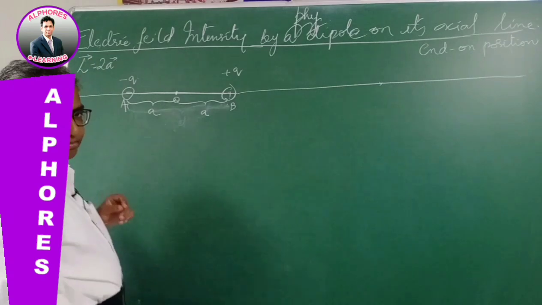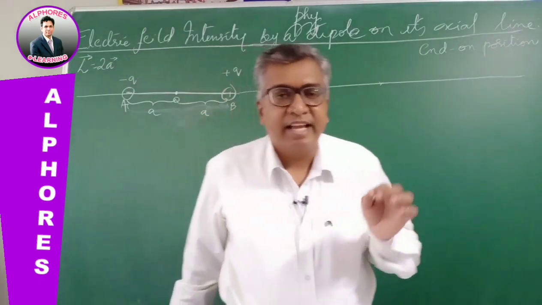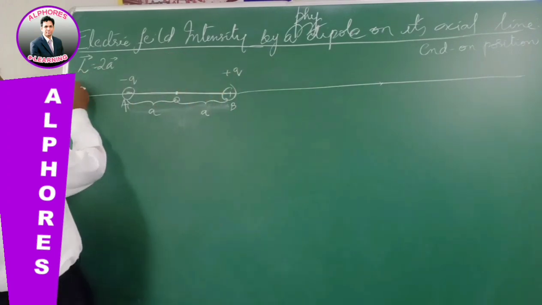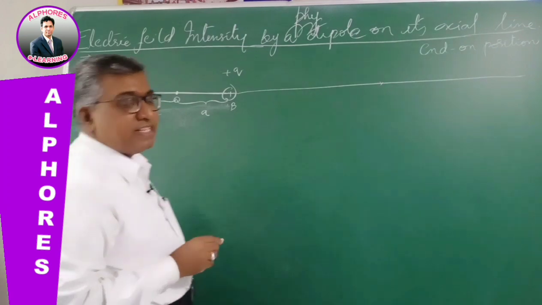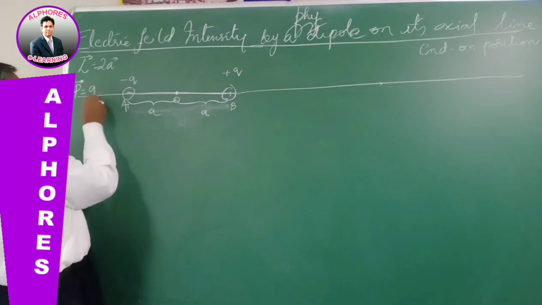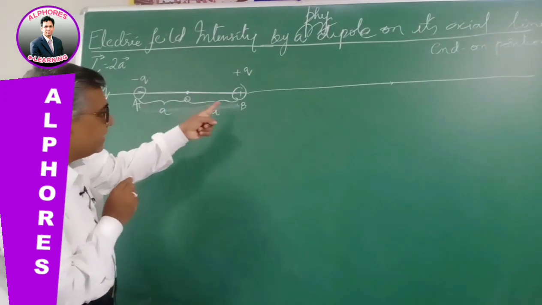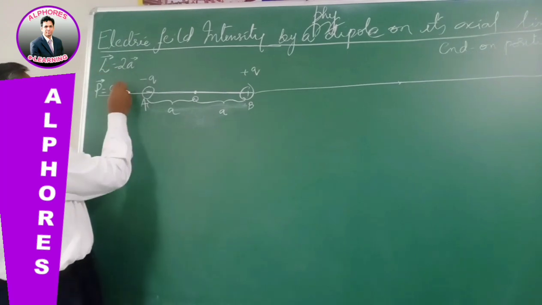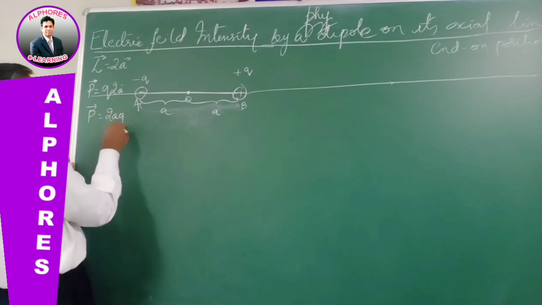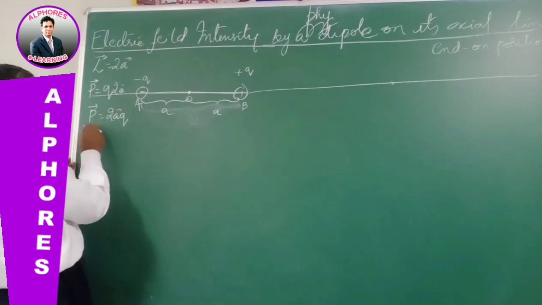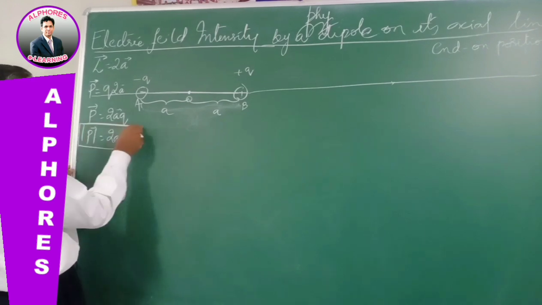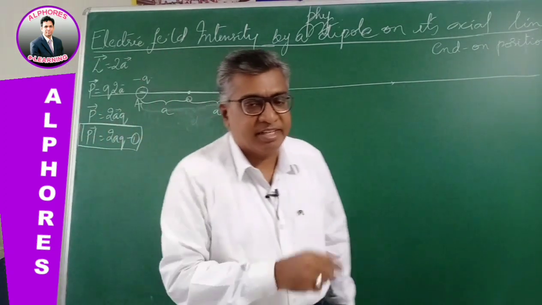This is a vector. And we have even defined the electric dipole moment, P bar, in the previous video. It is the product of either of the charges, any one of the charges q, and the length of the dipole, that is 2a. So the dipole moment is 2a q bar. The magnitude of the dipole moment is 2aq, equation 1. So please remember this, because we are going to use this in the coming derivation, right?